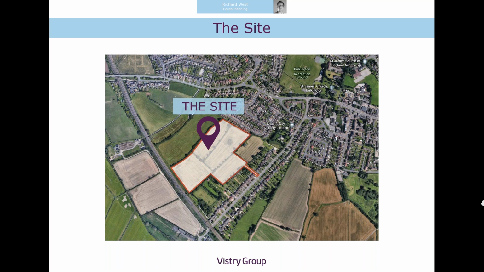As I said, the site's primarily agricultural. There is a former pond in the central to eastern parcel, which contains a number of scrub trees. To the north of the site is a land parcel